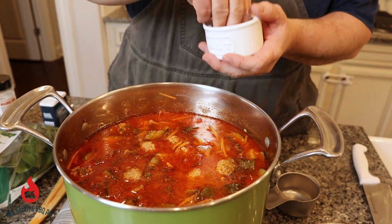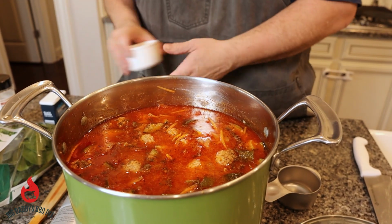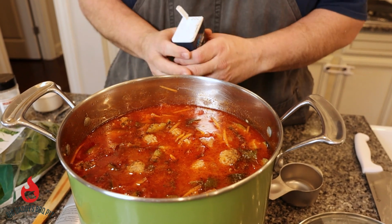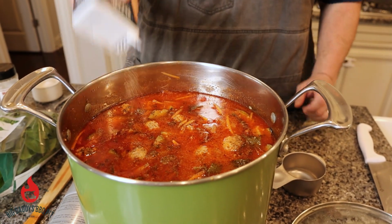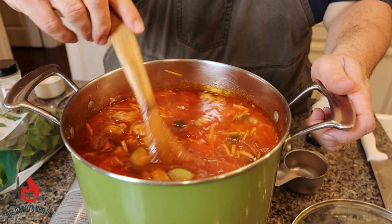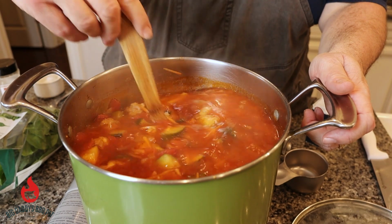Probably just another pinch or 2 of salt. You can always add that to your bowl if you want more salt. It's always great too to put a couple dashes of hot sauce on it once you plate it up. Probably another teaspoon of pepper. We'll stir this up, and then we're gonna add a 9-ounce bag of fresh spinach